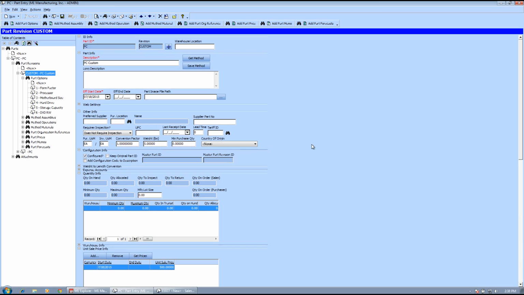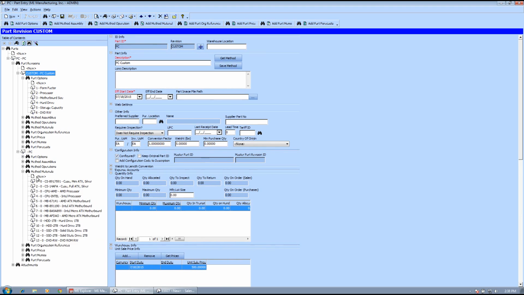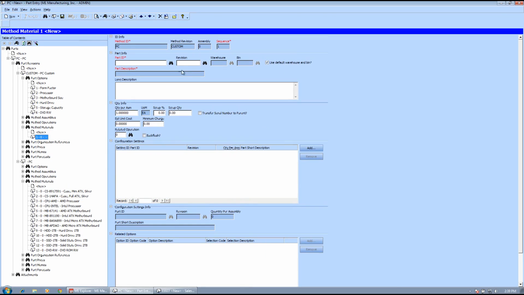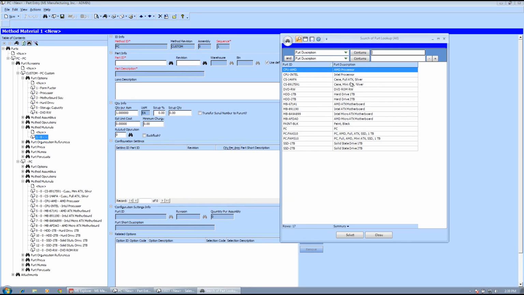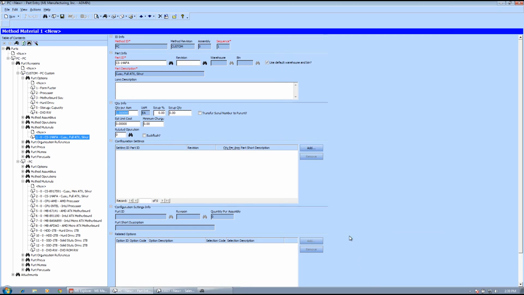Next we'll show you how to set up the bill of materials and what that looks like and how easy it is. Now if you noticed before, we had to set up every single option, both cases, and then you set up your rule to say, in this scenario I want this case, and so on. Basically what we do is we set the default options, and so for my case, maybe my default is going to be my full case,